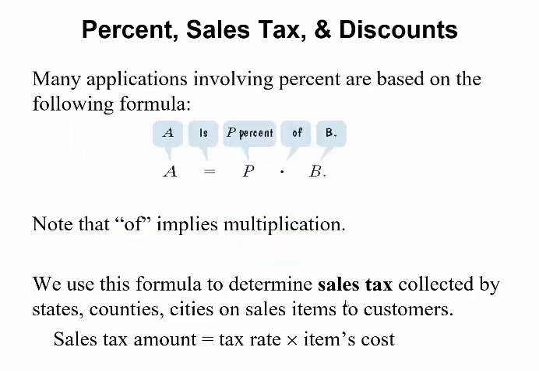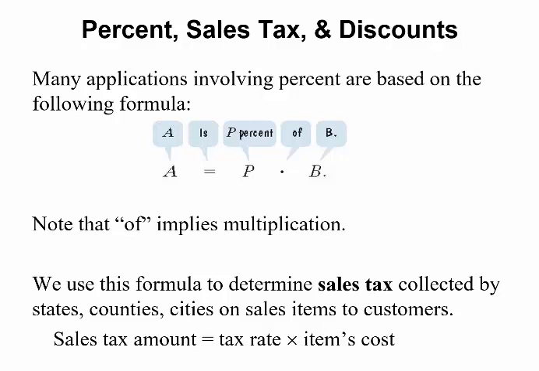Okay, so many applications involving percent are based on the following formula. A is P% of B, or the amount is P% of some other amount B. Note that when you see the word "of," as in P percent of B, it just implies multiplication. We use this formula to determine sales tax collected by states, counties, and cities on sales items to